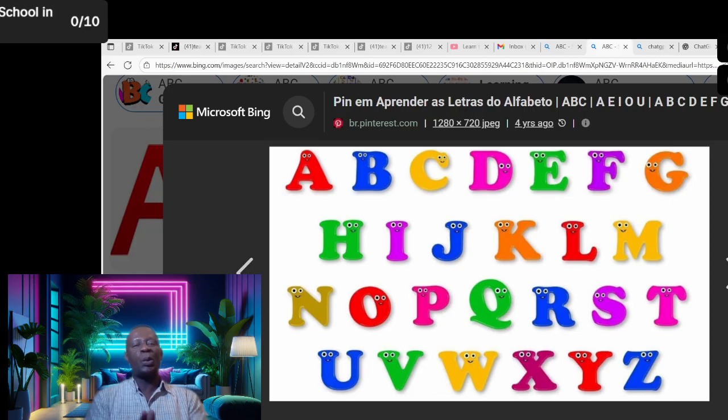Okay? So, the first notice that I'm going to make for you with the letter G is that the letter G, the letter that comes after F, is G. Okay? But the phonics is g. It's the sound, it's its sound. Okay? But when, for example,